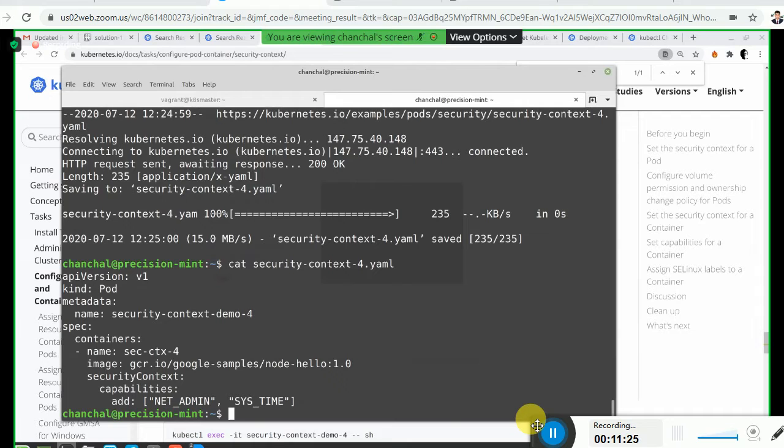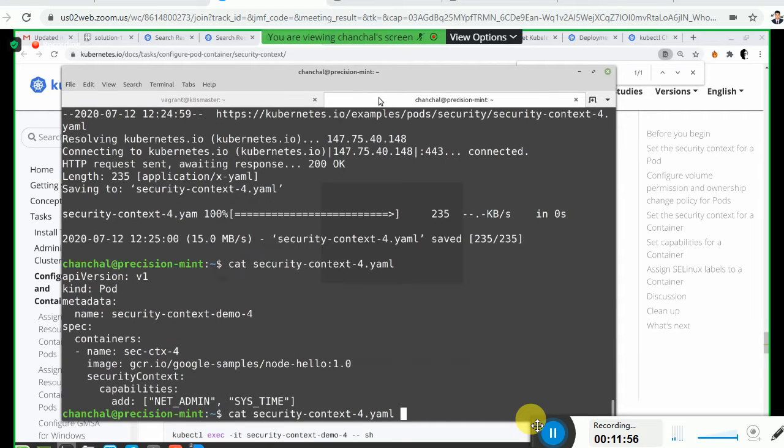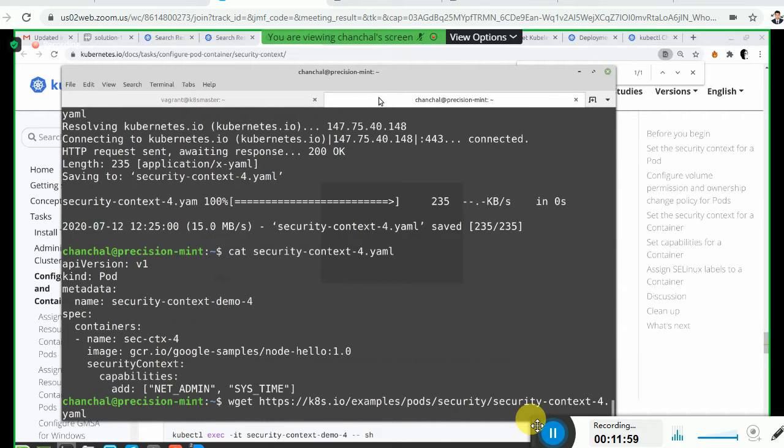Also, for curl, I think you can just copy the link, then do a -o with a YAML file name. You have to know the output file name, if you want to save it with curl to a specified name. I was not getting it because the link was not correct. The same link I have pasted here is working fine with wget.